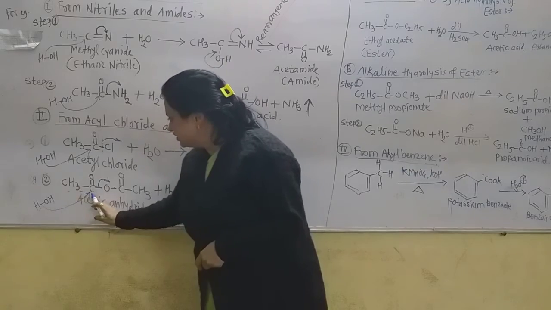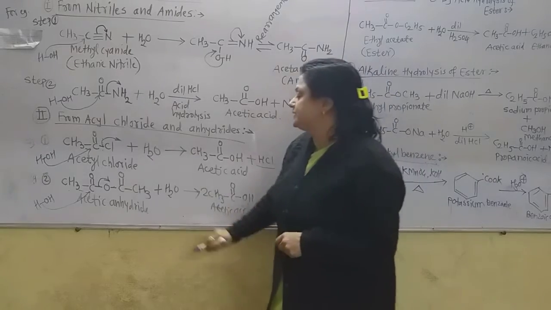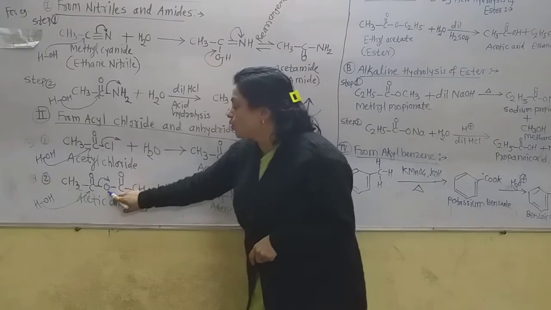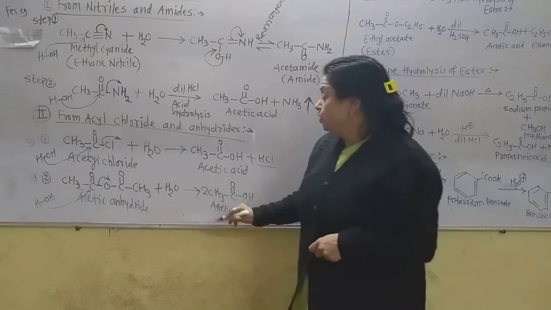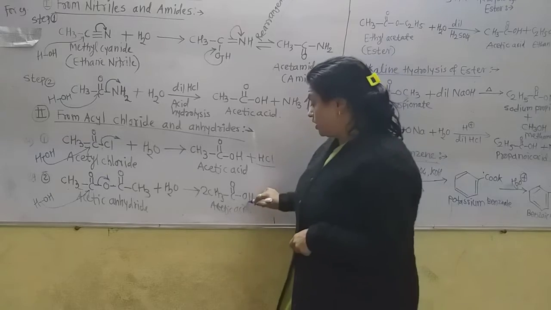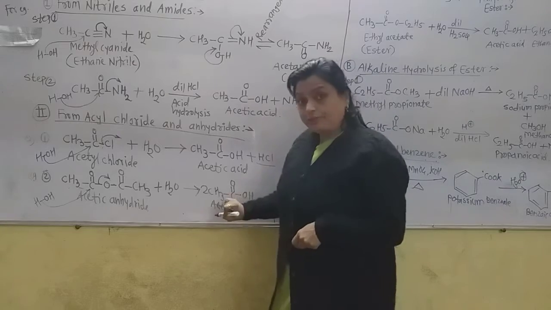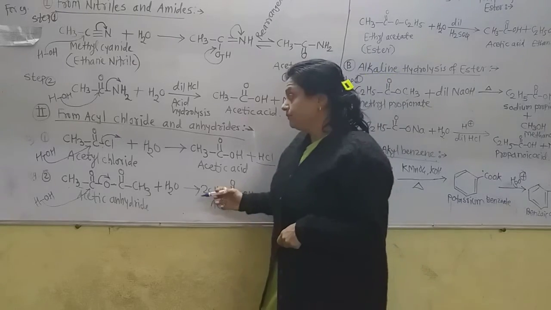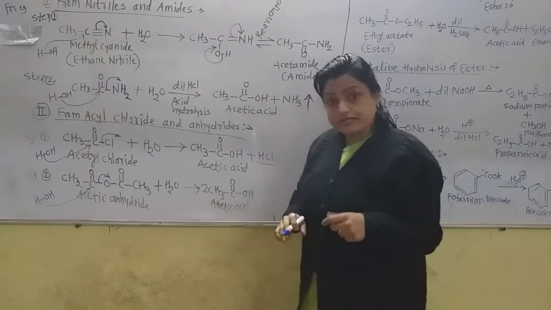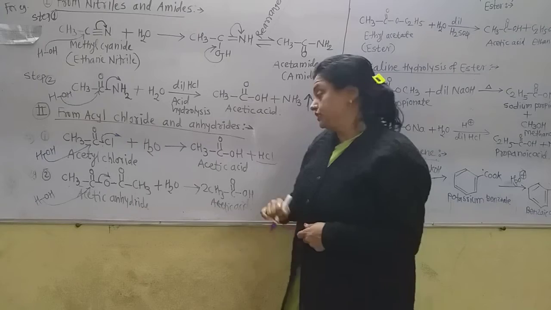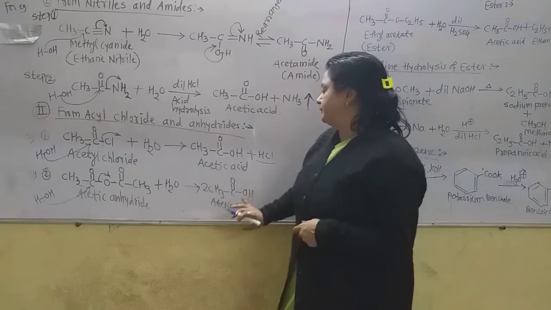That becomes CH3C=OOH, one of the acid molecules, and again there is the formation of another acid molecule: CH3C=OO minus attracts this H. It becomes CH3C=OOH. That means two molecules of acid are obtained from the acid anhydride. So this gives a better yield than any other reaction, because one molecule of acid anhydride forms two molecules of acid directly. So this is also a very financially commercial method for the preparation of acids.